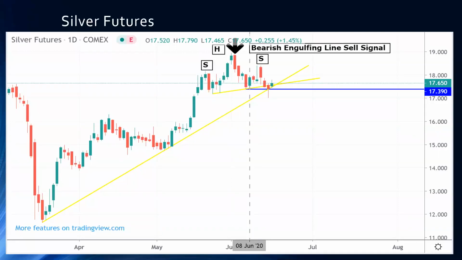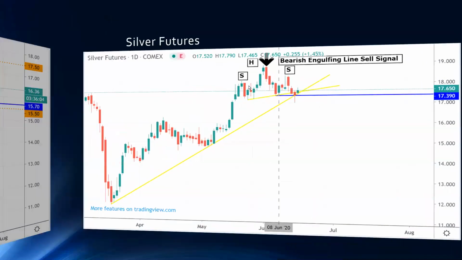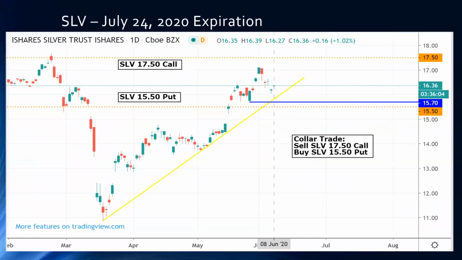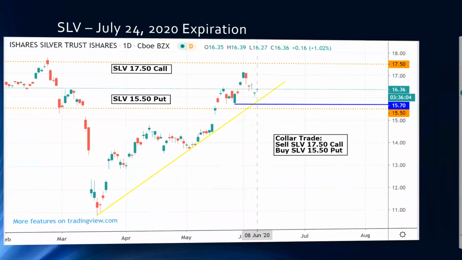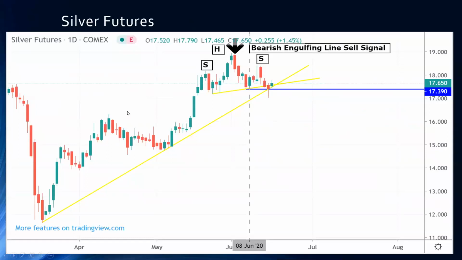So when I did this, interestingly enough, if you look at this gray line here, this is the date that I put on the silver position. If you go back to here, see how it is June 8th, this is the date. See how it's above that upward sloping yellow line, that support line? Well, on June 8th in the futures market, it was there the same. Now the futures market chart looks a little bit more full. You would wonder why, but that's because there's a difference in volumes and also pricing a little bit. Remember, the cash market is one, the futures is always at a positive, either at a credit or a debit above that.